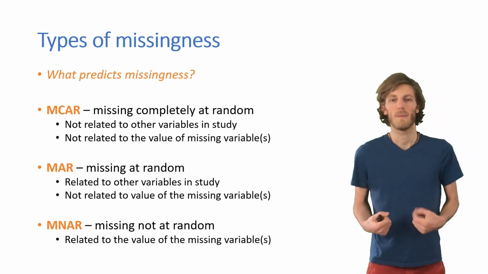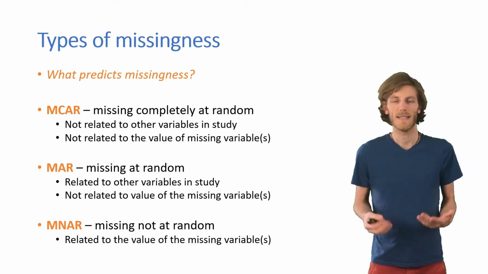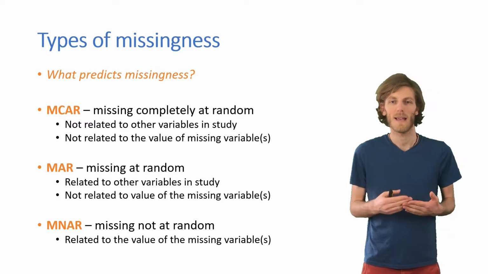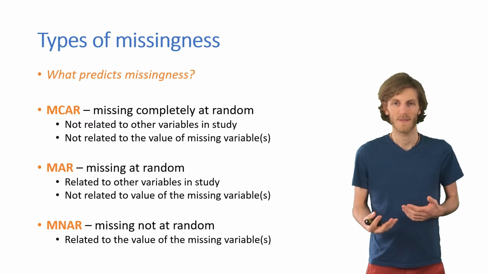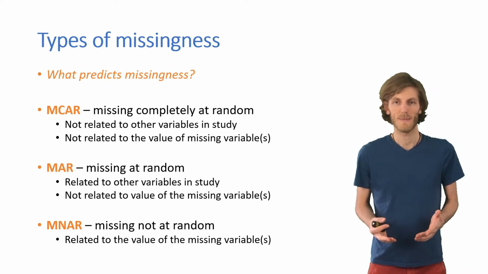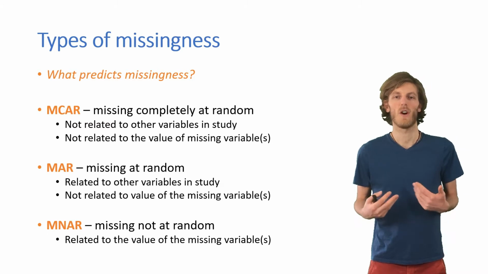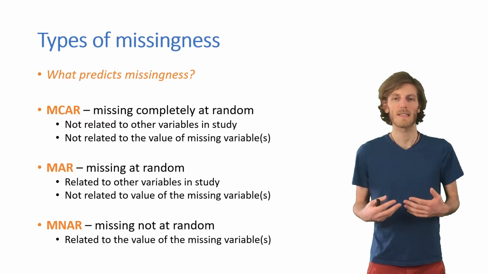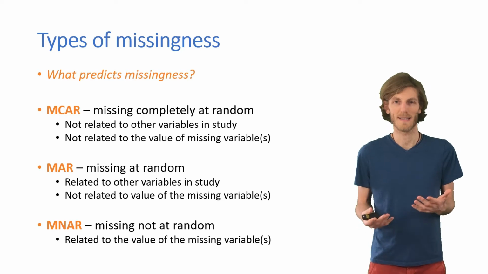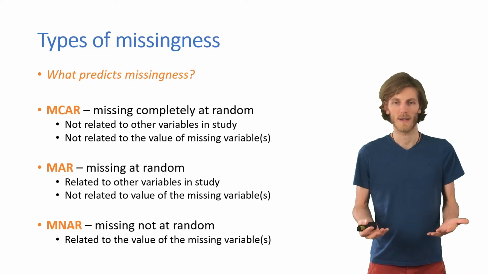So it might be that people don't want to report certain racist attitudes, so that if they score high on these attitudes, they're more likely to refuse answering that particular question. That's the most difficult type of missingness to deal with. And in fact, the most honest way of dealing with that is to limit our analysis quite explicitly to the people who are willing to answer, and then to report: out of the people who are willing to talk about their political orientation,